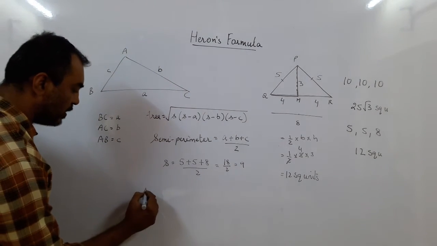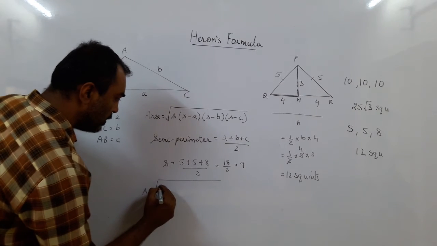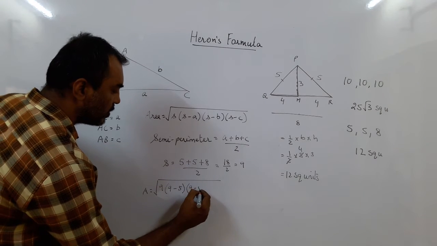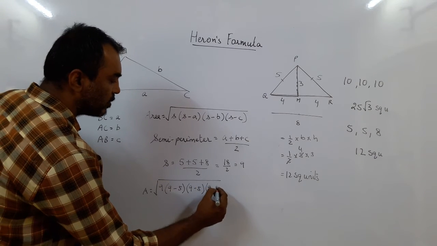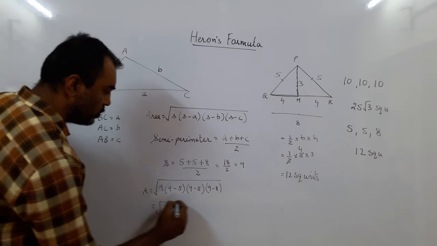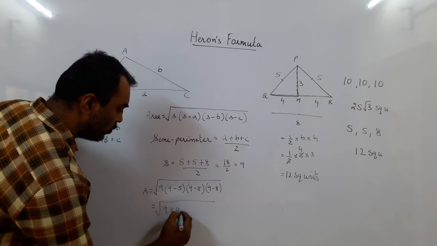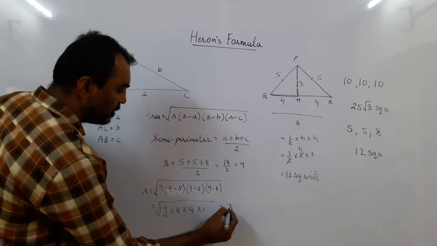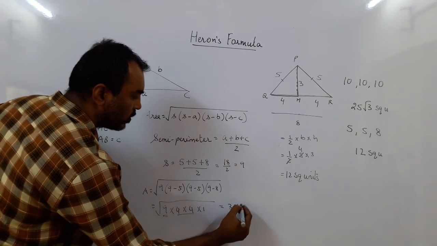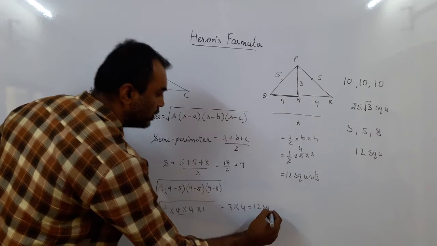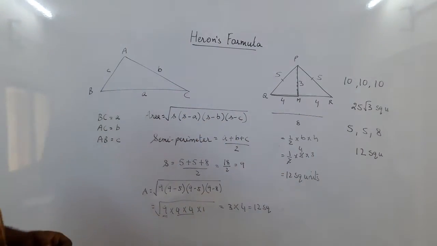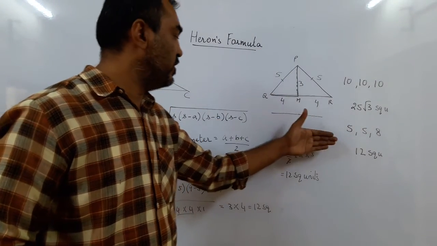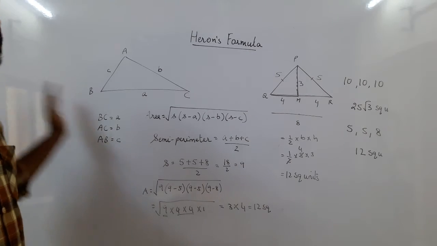Now the area formula, A is equal to under root 9, 9 minus first side, so 9 minus 5, 9 minus second side, so 9 minus 5, 9 minus third side, so 9 minus 8. Equal to under root 9 into 4 into 4 into 1. Now what is the square root of 9? 3. And the 4s make a pair, so 4. So 3 4s are 12 square units. Does it match? In some cases, when you want to do the sum faster, we can use the special conditions given. But this formula works for all the triangles.